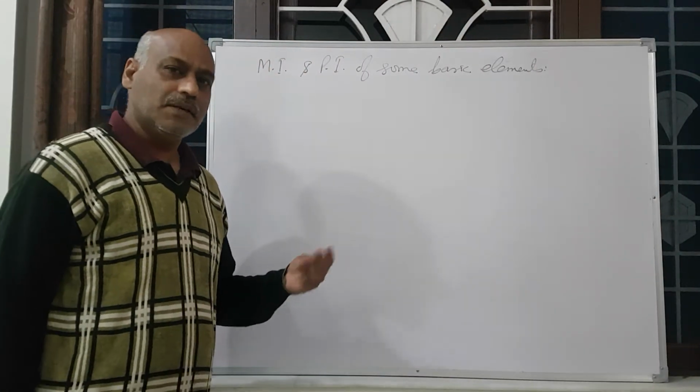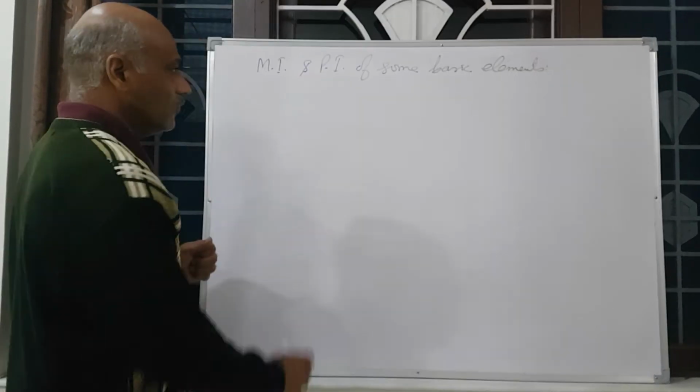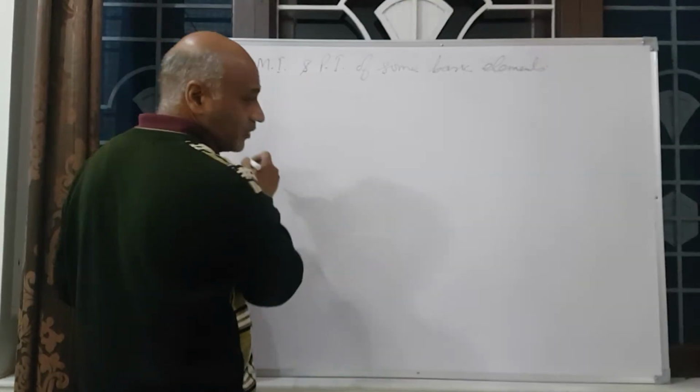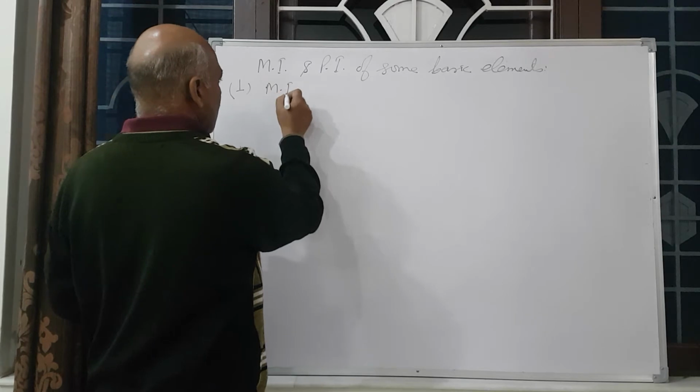We take some examples of how we get the moment of inertia and product of inertia. Firstly, we have to find the MI and PI